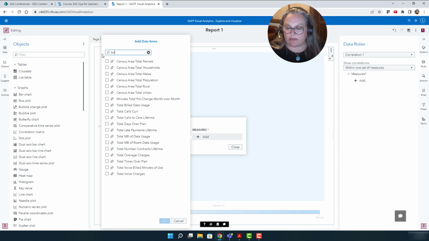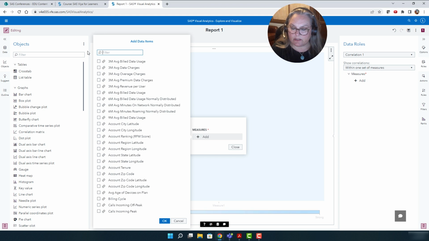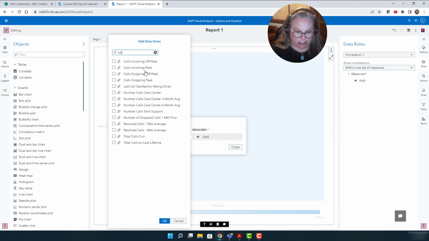So I want the total MB data roaming usage. And then I want the current data usage, and I want, let's go back to our filter. Let's see, I'm going to grab a bunch of these. My calls incoming, outgoing, total calls. Do we get peak, off peak?